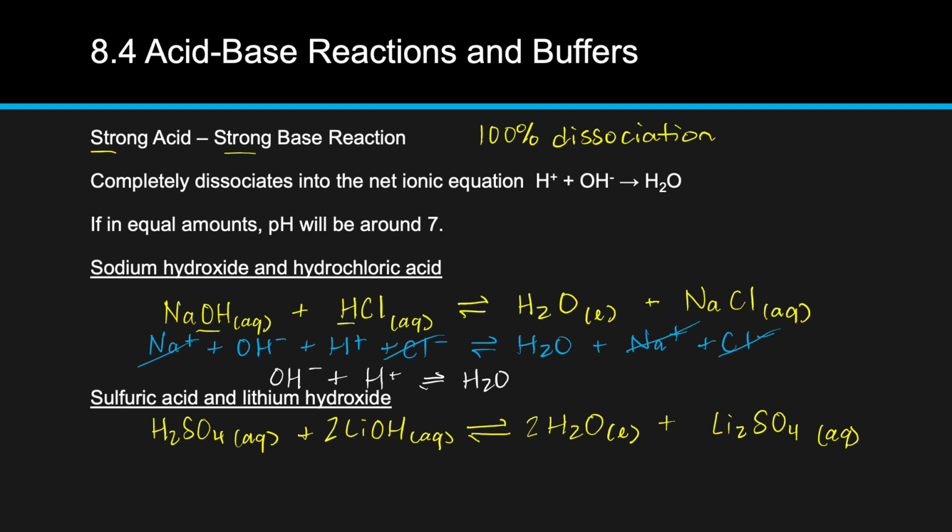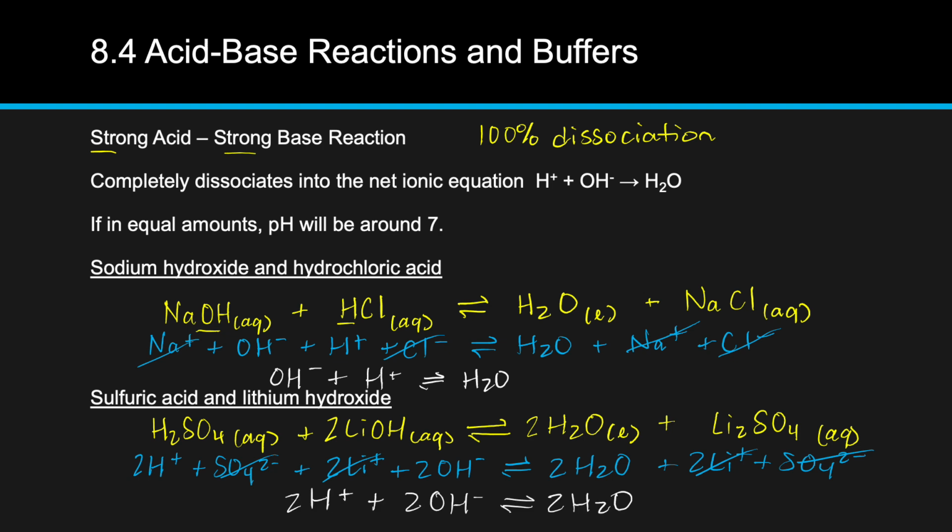So now we can go ahead and write out our full complete ionic equation. And we can see our spectator ions are the lithium and the sulfate. And then we're left with the following, which simplifies down to